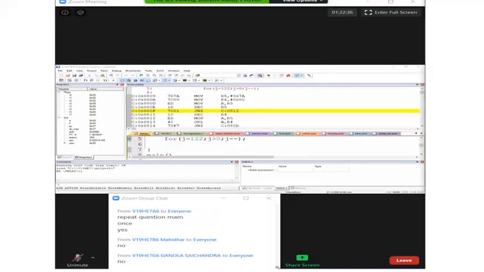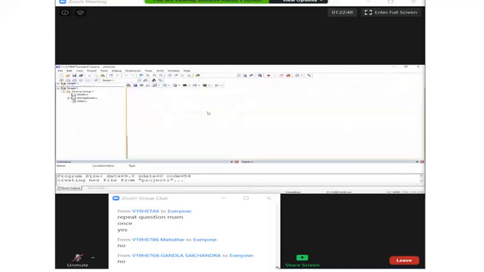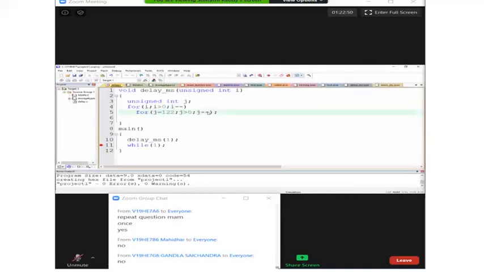No. So the code generated by the compiler, we are not able to predict. In such a case, always getting a predictable value is not possible. You try to get the closer value. But when you want an exact time delay, we'll start working with the timers at that time. Clear?